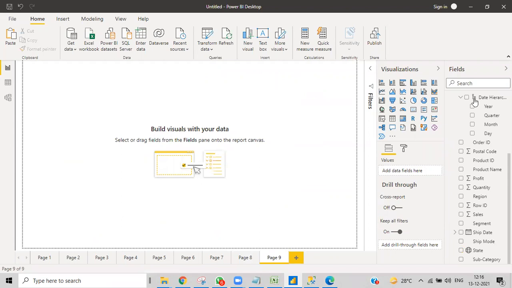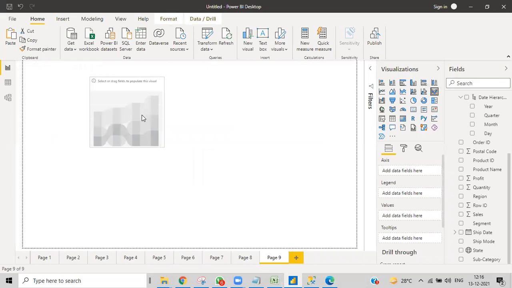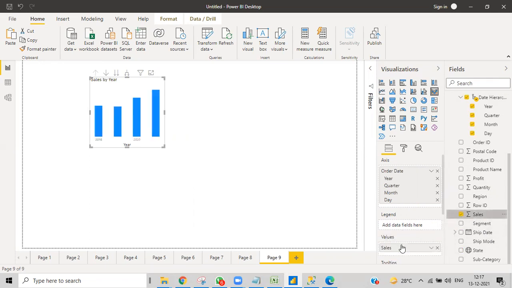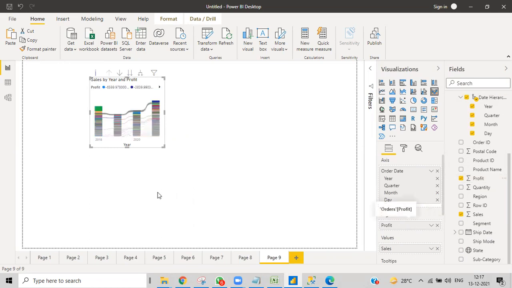One is a ribbon chart. A ribbon chart is nothing but a combination of bar charts, column charts, and line charts. All three mix, and you get the ribbon chart. It is just like this one. And then what we need to do is that this is the trend, and then sales values, and then legend maybe, so you can see this kind of thing that will show.